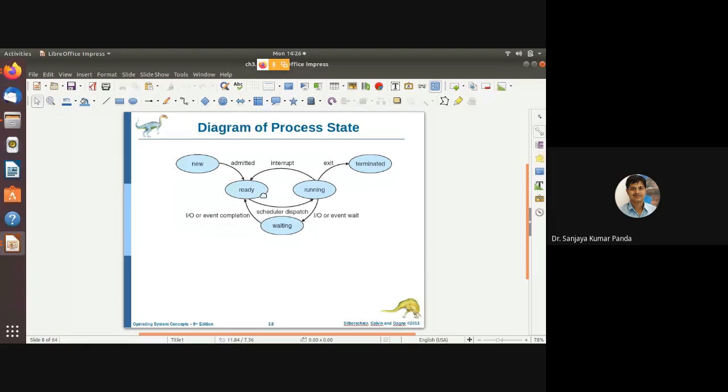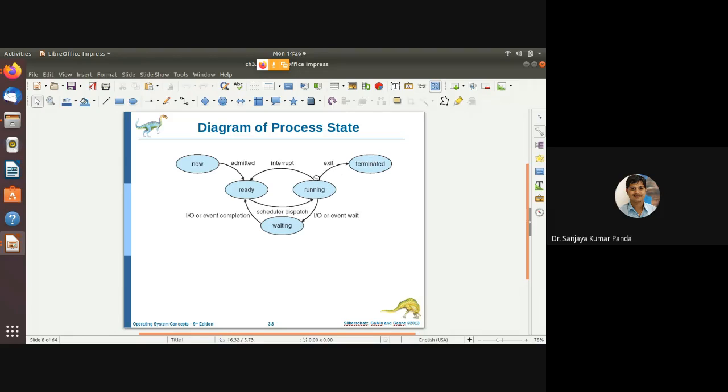Once the process is at the front of the queue and the existing process in the running state is completed, one process is removed from the ready queue and goes to the running state. Then it uses the computer processor to execute its work. If it doesn't require any IO event, it will terminate.